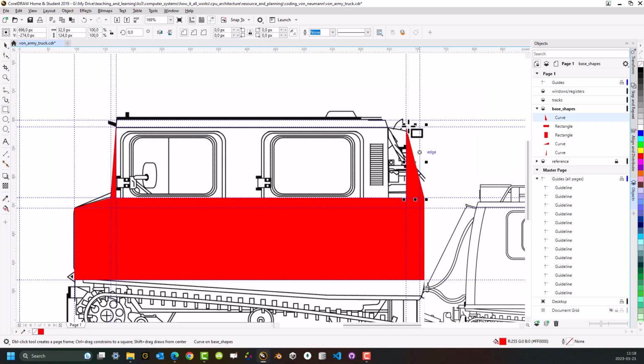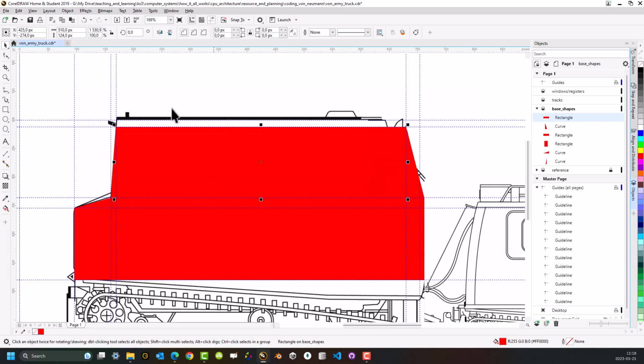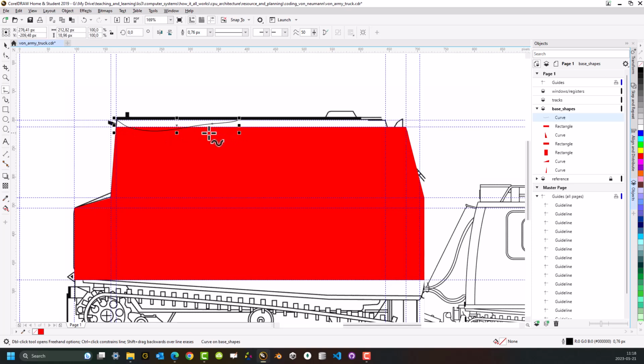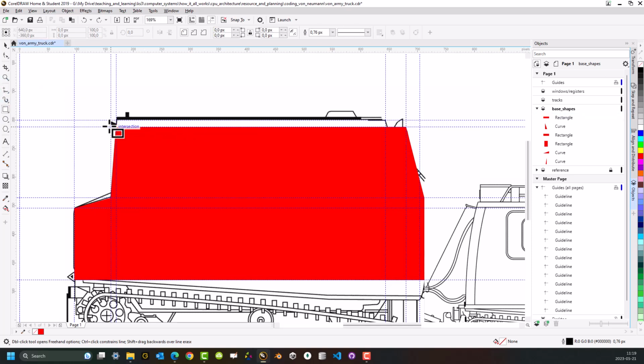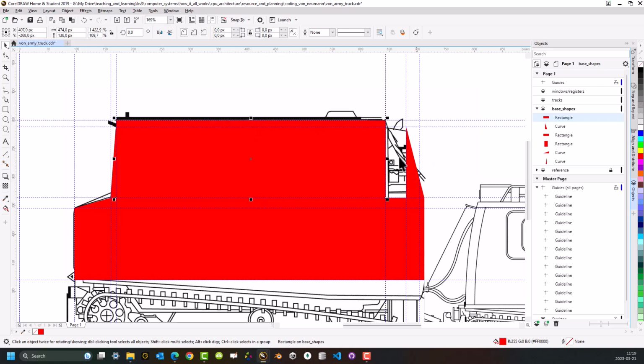In fact, I can just pull that one all the way across there like that. And if I put one more in there, again, I don't want to, Control Z. In fact, what I could do is just do that, and then put